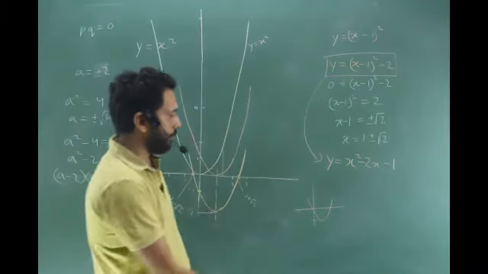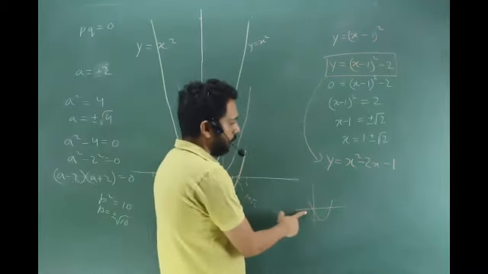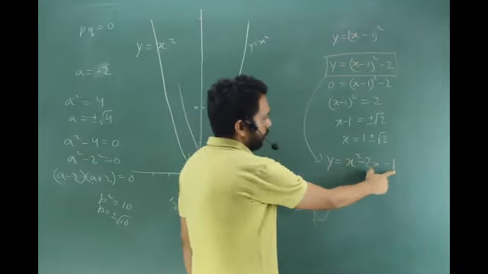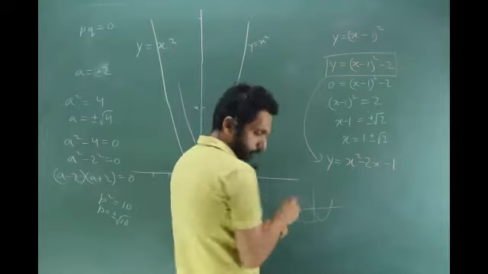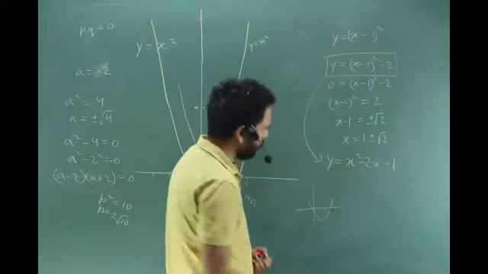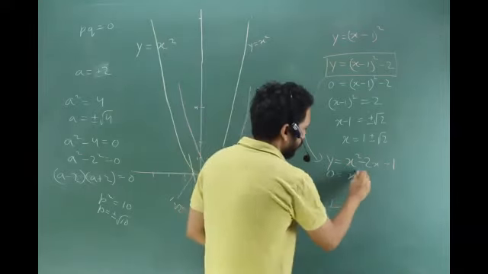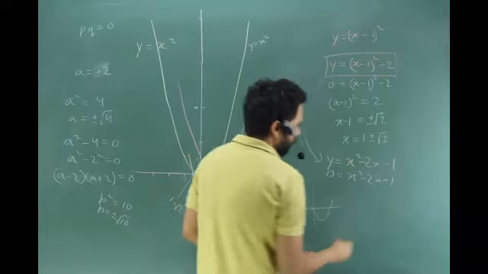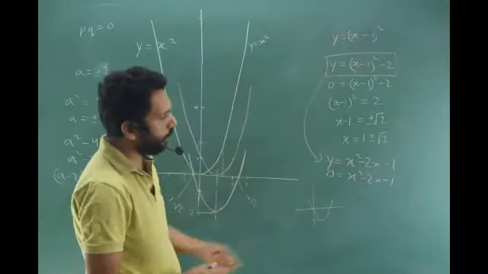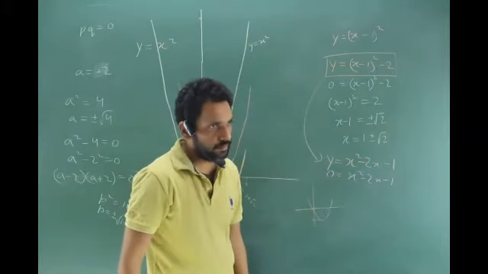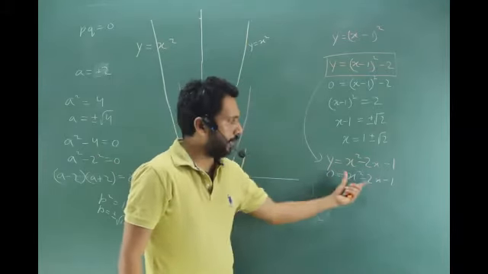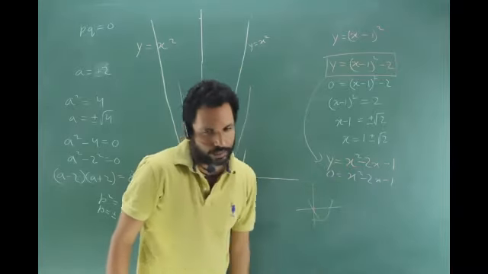So you'll say, sir, I'll calculate it. How to calculate? What value of x will y be 0? So you'll put y as 0. Now calculate. It's quite difficult, right? Unless you are able to split the middle term and make it into two factors, will you be able to calculate?